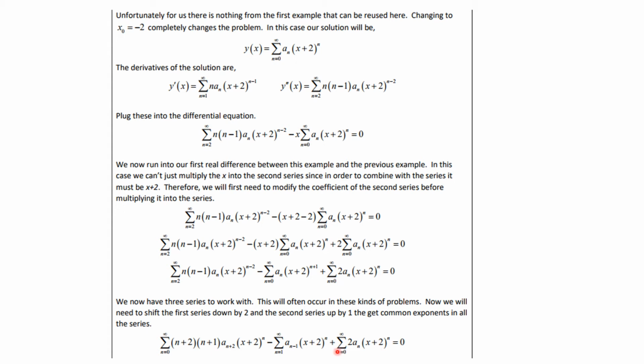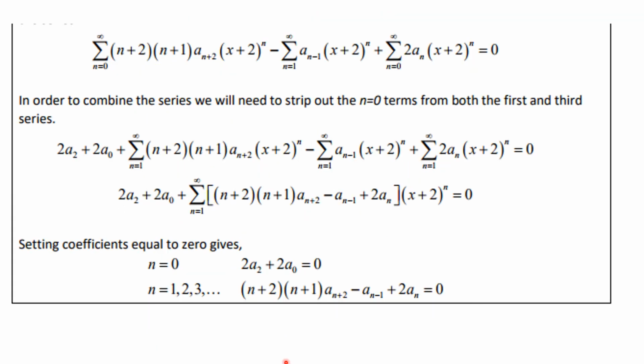Except we have a 0 term here and a 0 term here, and all we have is an n equal 1 here. So we're going to have to strip out these 2 terms, and then we have n equal 1 for all of these. And then we can consolidate these. So we have these 2 terms stripped out, but now n equal 1 is all of this stuff